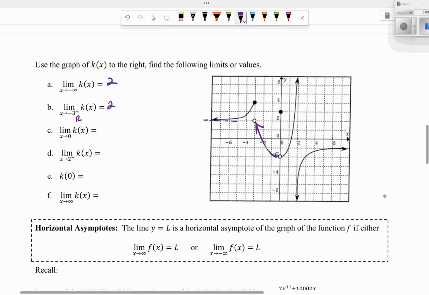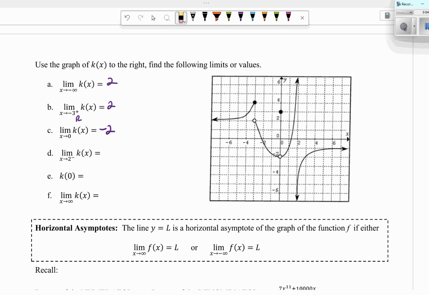0 from both sides. So here the left side is approaching negative 2 and the right side is approaching negative 2. So then the double-sided limit would be negative 2, even though there's an open circle there, because remember, it doesn't have to necessarily equal 2. Or sorry, equal 0, I should say, because the y value is negative 2, but we're approaching an x value of 0. At negative 2 from the left side, so looking at negative 2 on my graph here,